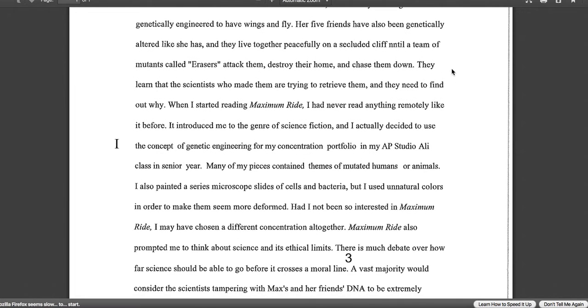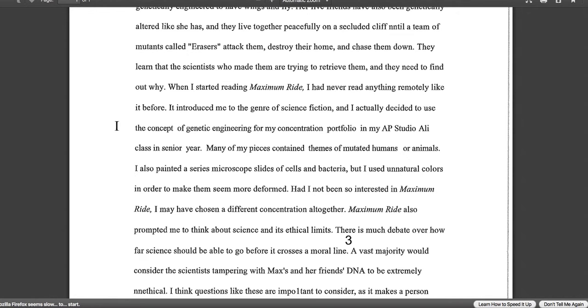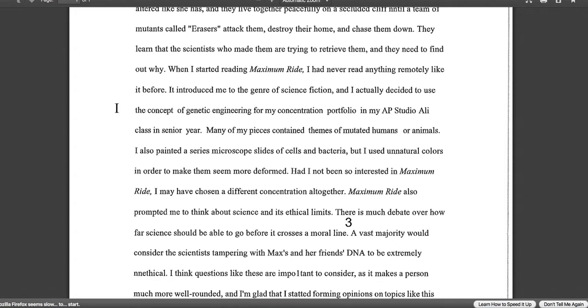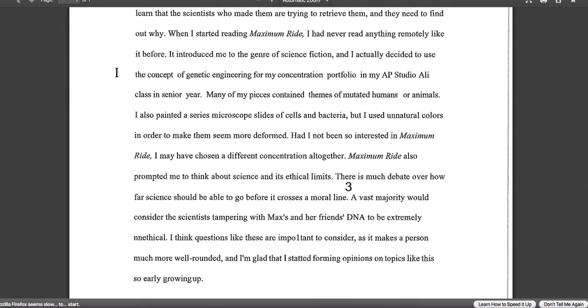And then she transitions to her main point, which is going back to how those books reflect who she is today. When I started reading Maximum Ride, I'd never read anything remotely like it before. It introduced me to the genre of science fiction, and I actually decided to use the concept of genetic engineering for my concentration portfolio in my AP Studio class in senior year. Many of the pieces contain themes of mutated humans or animals. I also painted a microscope slide of cells and bacteria, but I used natural colors in order to make them seem more deformed. Had I not been so interested in Maximum Ride,